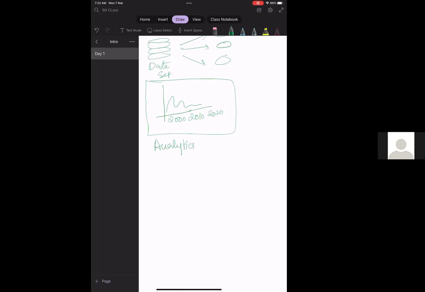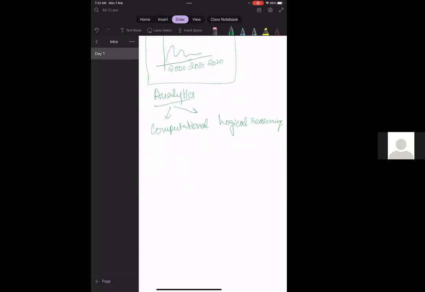Analytics, on the other hand, refers to the future, to explore potential future events. This is based on computational and logical reasoning, which is obtained from the component parts of analysis. So when we say analytics, we can conveniently break it into two parts.